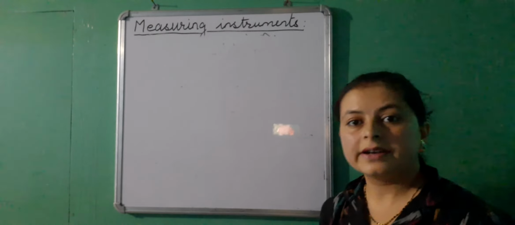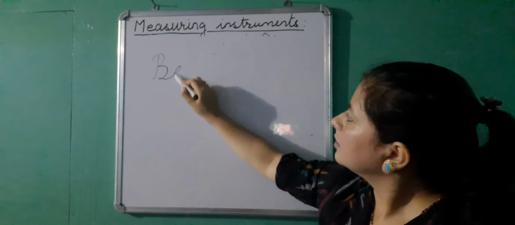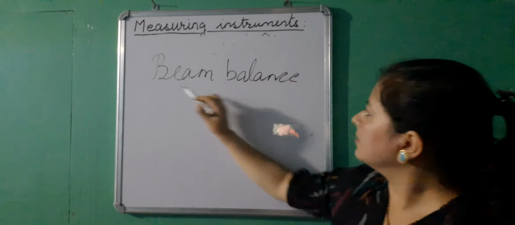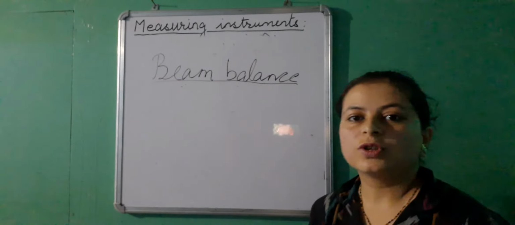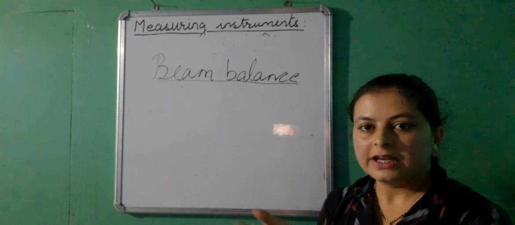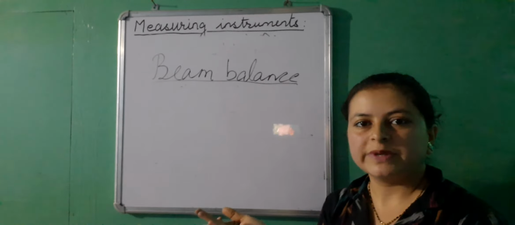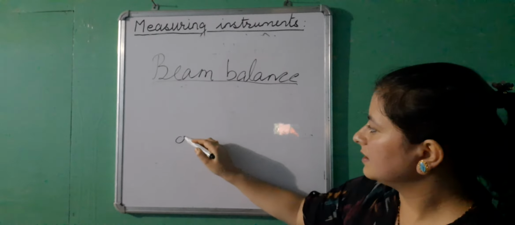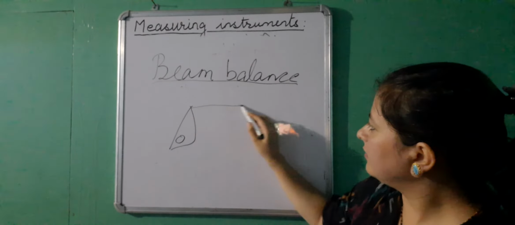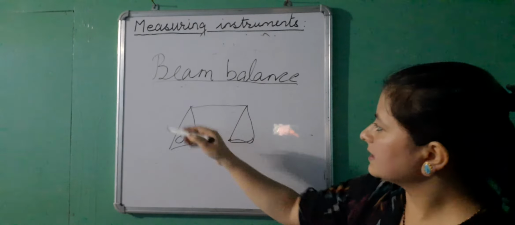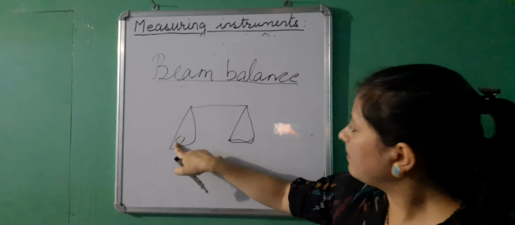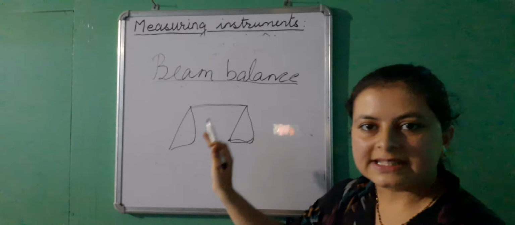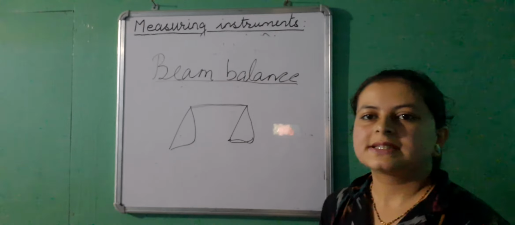Now talking about error in a beam balance. Why do we get an error in a beam balance? The main reason is that both the pans have to be equal. The masses on both the pans have to be equal before the measurement is taken. You cannot place some mass on one pan, leave the other pan empty and then start taking the measurement. Initially both the pans should be empty. The beam should be perfectly horizontal, then only we can start taking measurement, otherwise we will start getting error.